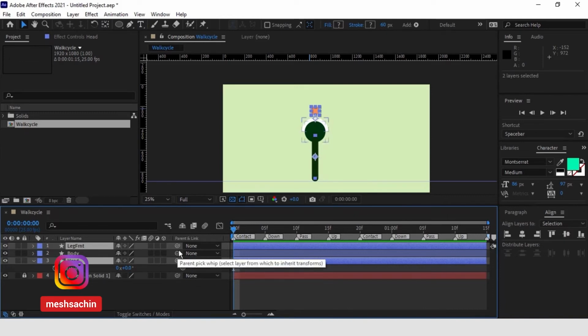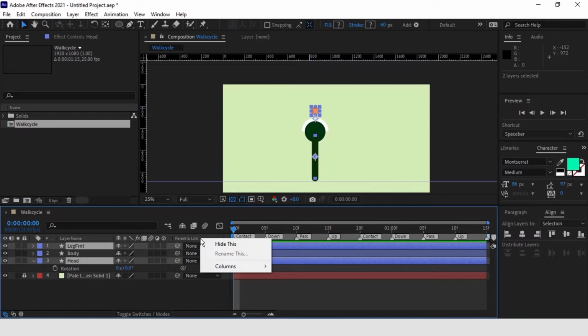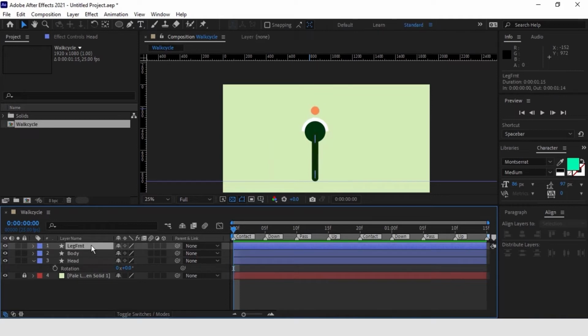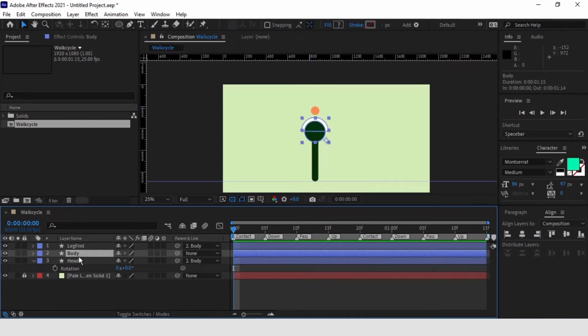Select the head and the leg, and if your parent tool isn't showing, right click, columns, and then show the parent and link there. And then grab the pick whip here and link them to the body. It should say body on these layers. If we change the position of the body,